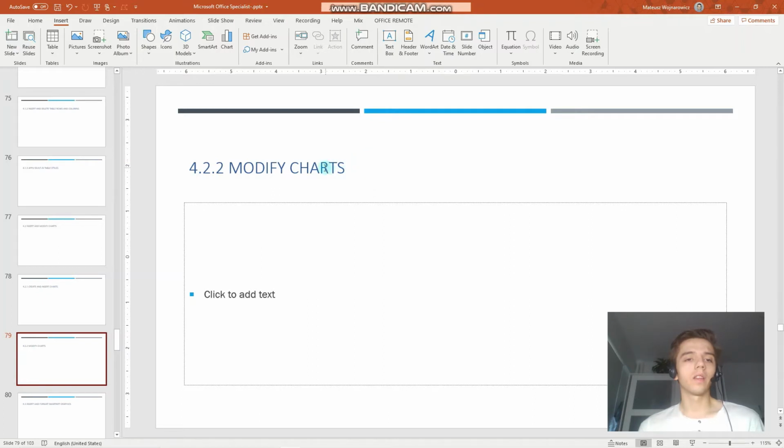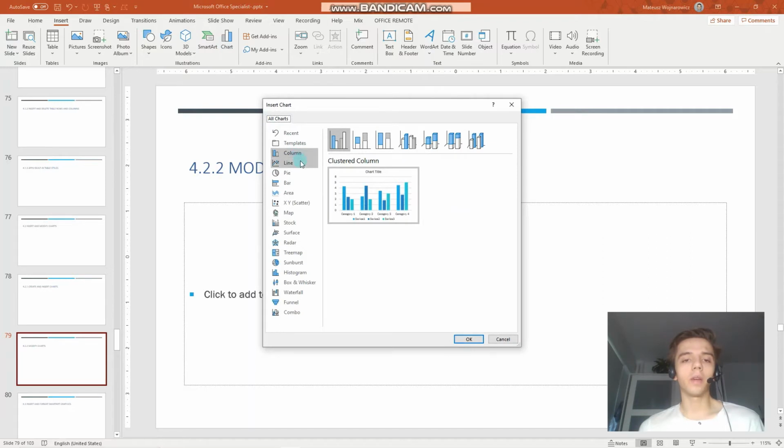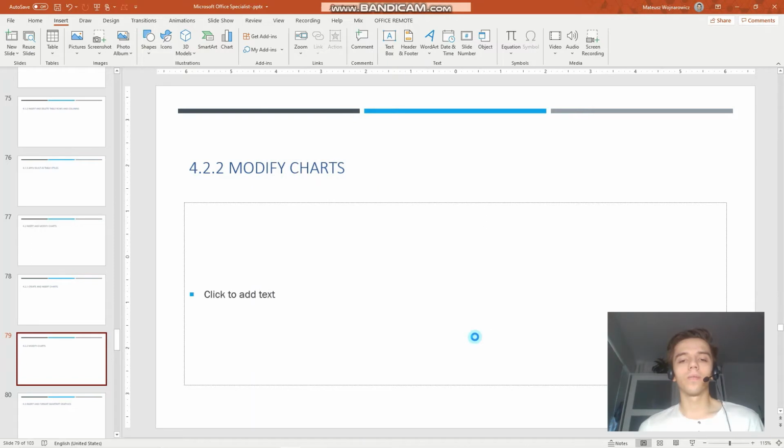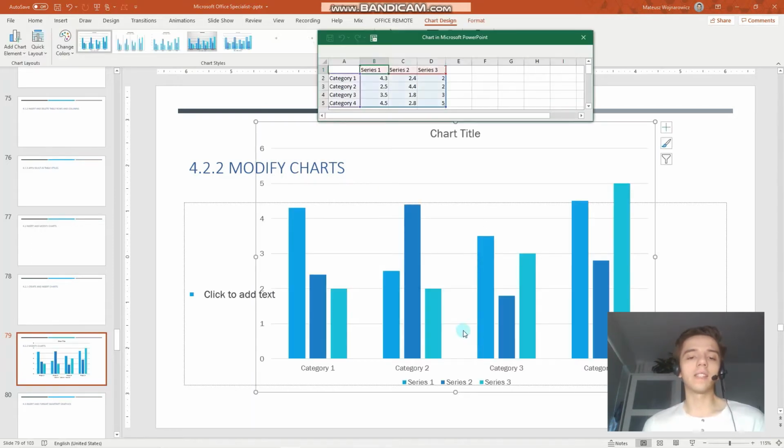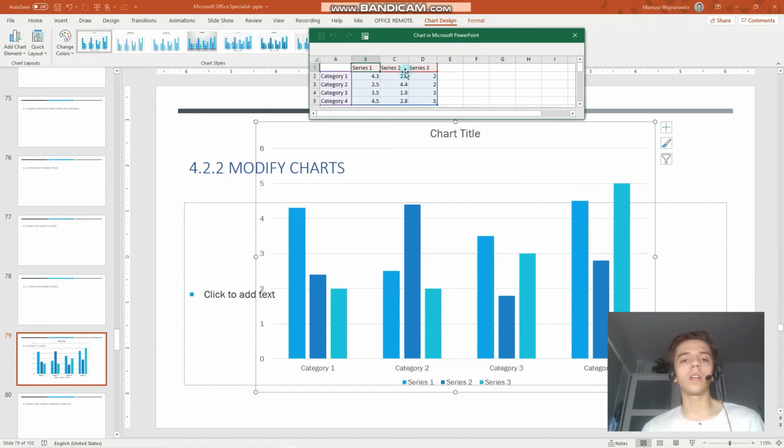Okay? So let's insert here a chart and perhaps this cluster column one. You can see that the chart is inserted and there is an Excel window open for us to edit the data. Okay, and in the exam you will be likely provided with an Excel file with the data that should represent this chart, and then you can either paste them or you can copy them manually, but we will perhaps